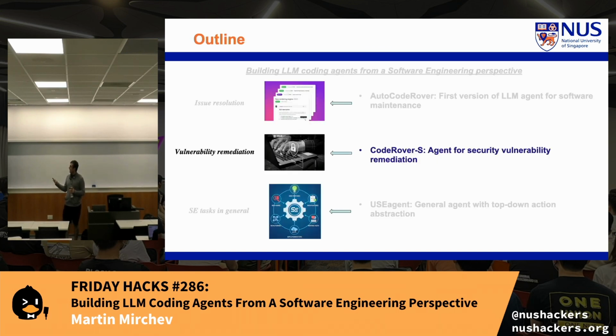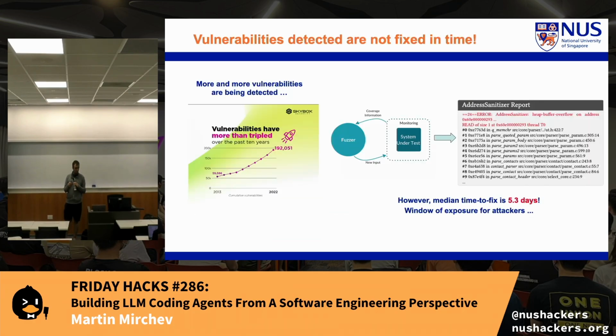Now, I've talked a lot about issue management, but I've talked very much about general issue management. Like, there's a whole other class of problems, which are security vulnerabilities, which are in a whole class of their own. Just to give you some context, vulnerabilities have been growing. I will speculate to say that they will be growing more with the whole vibe coding era because there's not enough guardrails set up currently by developers. We've already seen how in the past months, even Windows 11 had a lot more issues, and I would speculate that it is related to this. Like, somehow the review process is not good enough.